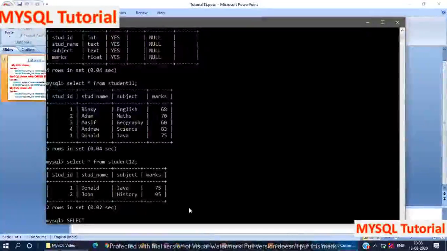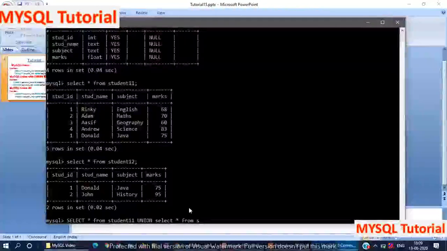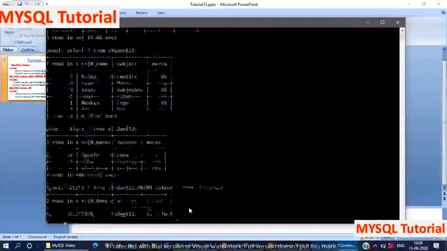Select star from table 1, which is student11, union, select star from table 2. Table 2 is student12.